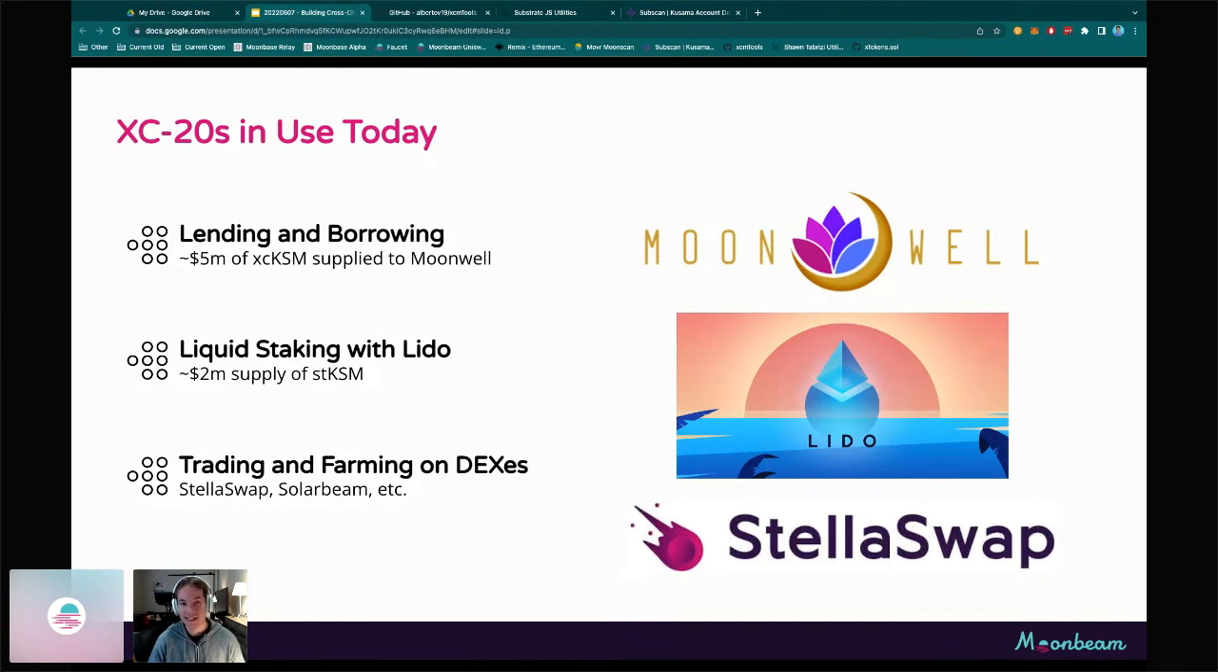And STKSM is a liquid token that represents staked KSM. A liquid token meaning that you can do all sorts of things with it. It's not locked up. You can put it into DeFi or do many different things with it, and you don't have to wait for the staking unbonding period with your STKSM. Whereas typically, on the really trading, farming on a variety of different